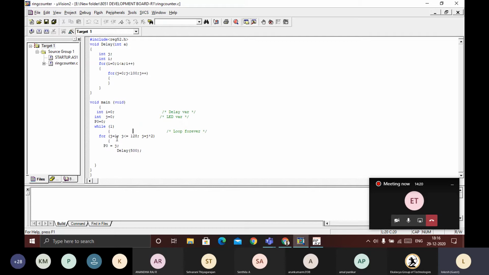The values go 1, then next it will go for 2, next 4, next 8, next 16, next 32, 64, 128. Like that it will continuously go.